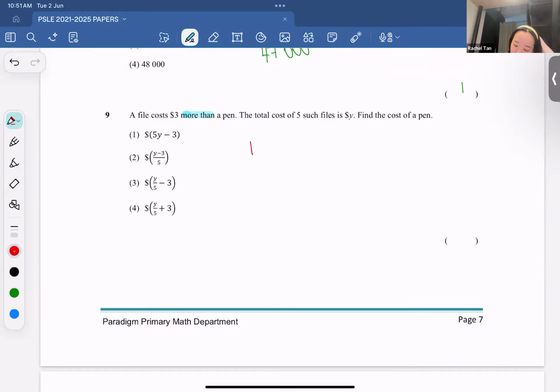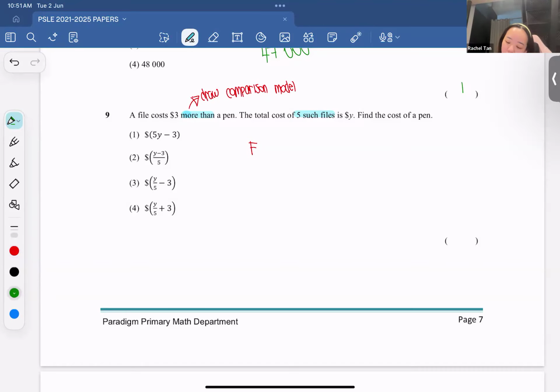I have a file and also I have a pen. Yes, very good, Franco. It's the comparison model. Another thing I need to take note of is that it's not just one file and one pen. I have 5 files. So we are going to draw this. So "more than": draw the comparison model. If I have 5 files, I need to draw this model called